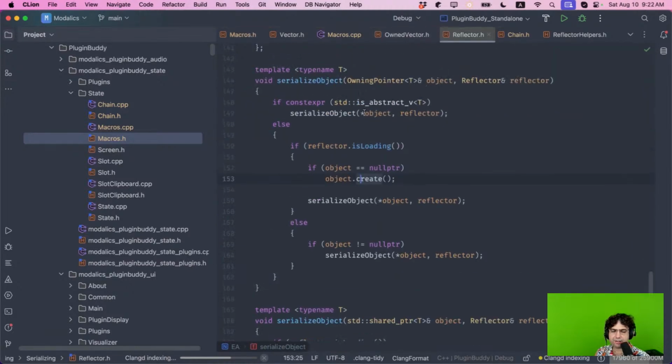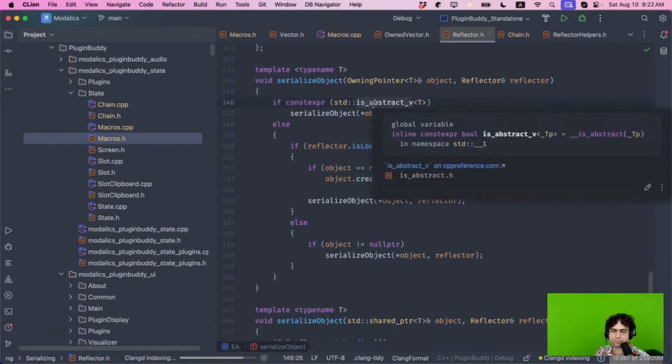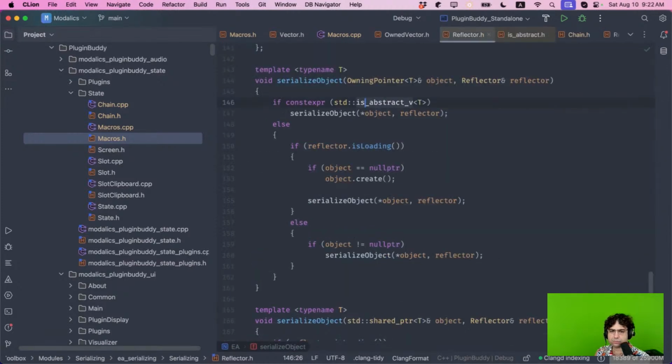Because I need a way, generically, to basically never allow it to go through. I mean, for now I can probably